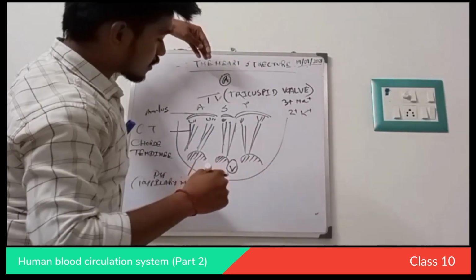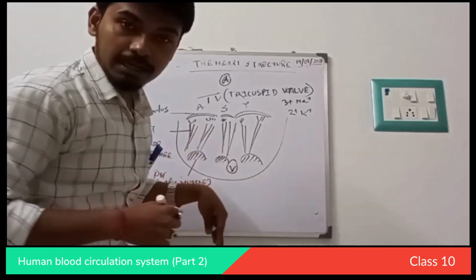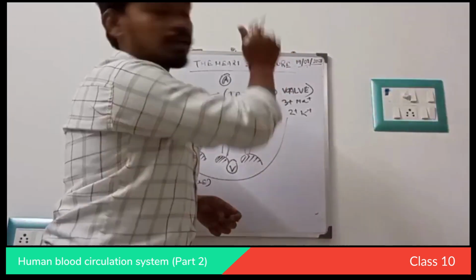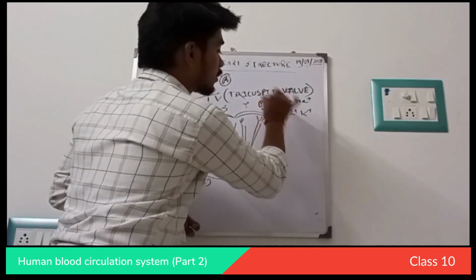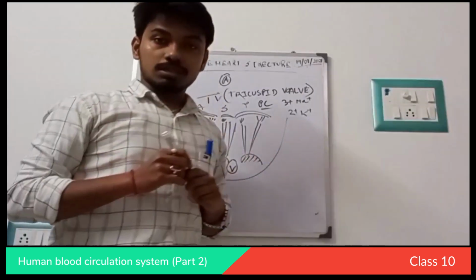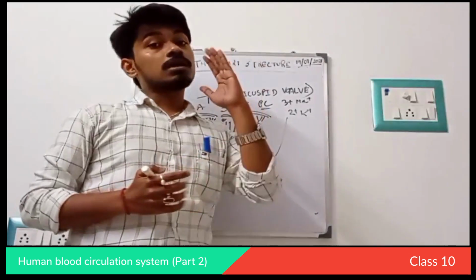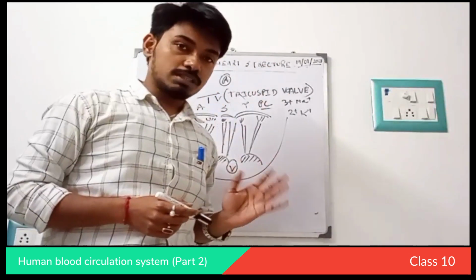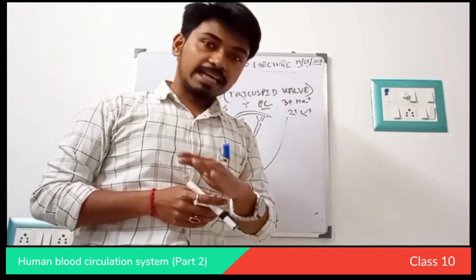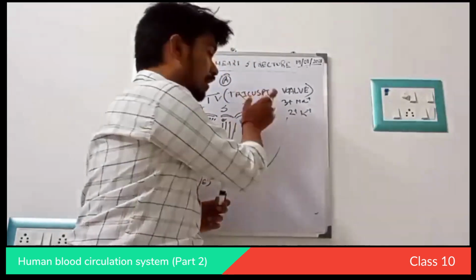So the blood comes along with the atrium to the ventricle, and after that it is going to the pulmonary circulation. It will go into the pulmonary circulation. It will first initiate the pulmonary circulation. In the previous session I already discussed the gas exchange of the heart, which goes to the pulmonary circulation.